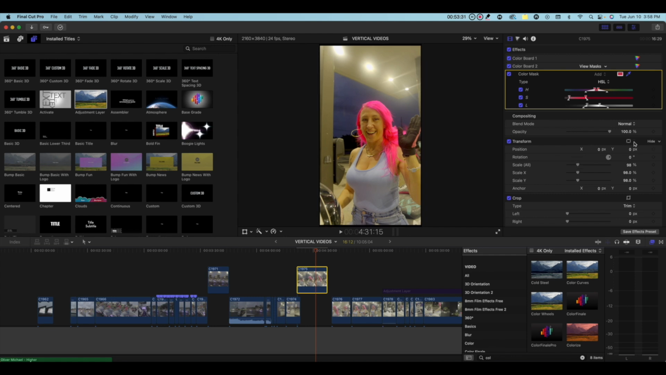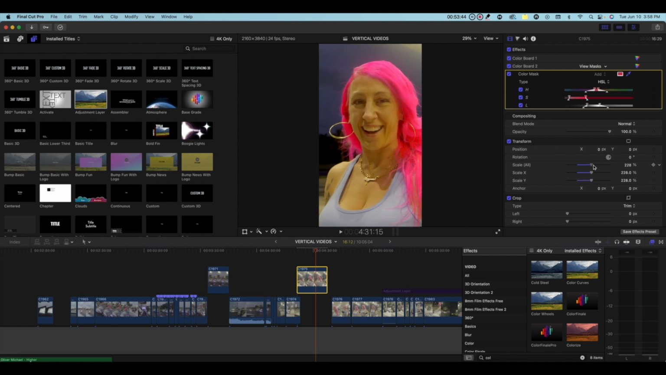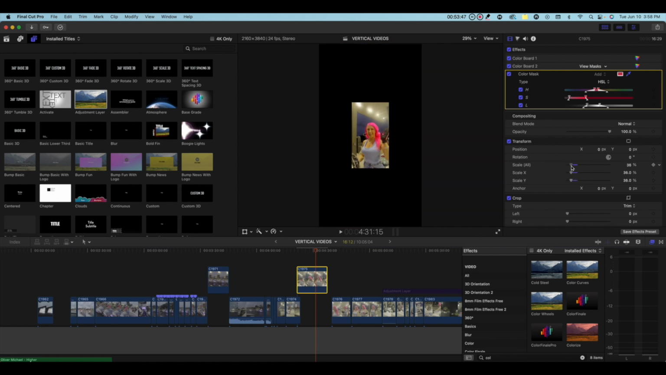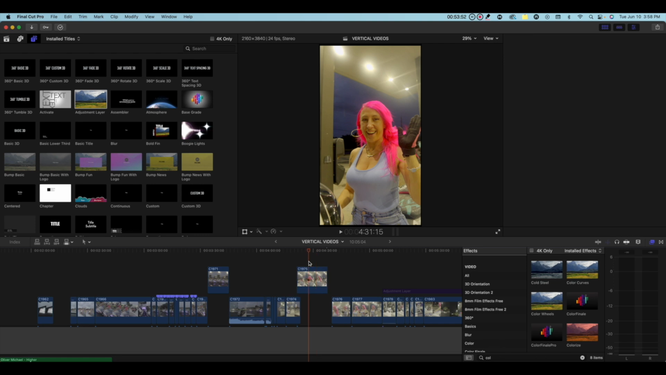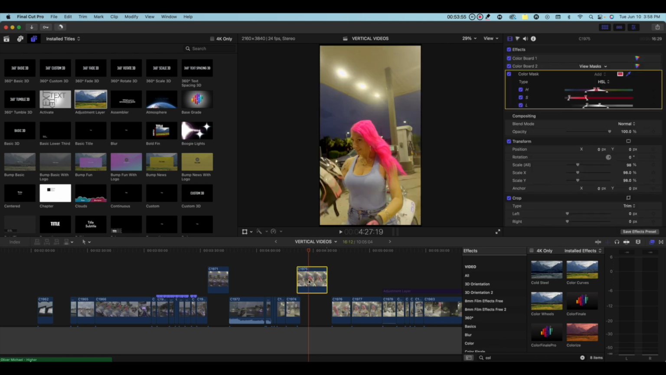So transform, you're gonna see transform right here too. This is just to kind of adjust your image. So to scale it up, if you make it small, you can make it bigger. And let me show y'all something too. If you want to kind of zoom in, what you could do is